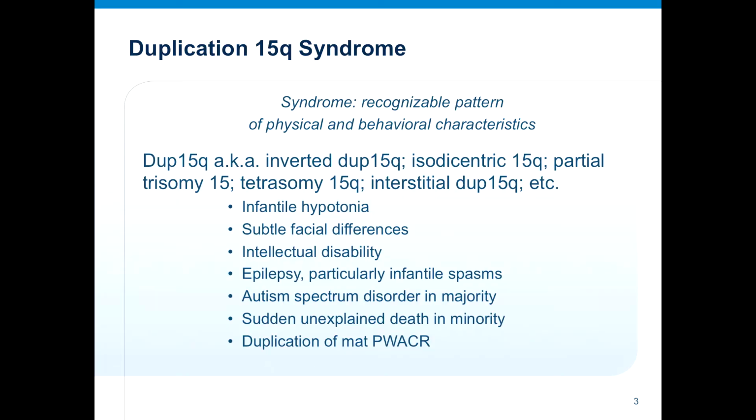The other thing about dup15 is because most of the time, 80% of the time, it involves an entire extra chromosome, this was a condition that was able to be picked up in early days on karyotyping in cytogenetics. So it was known about for many, many decades, whereas a lot of copy number variants are only being identified now that we have microarray analyses. This one was known way, way back, decades ago.